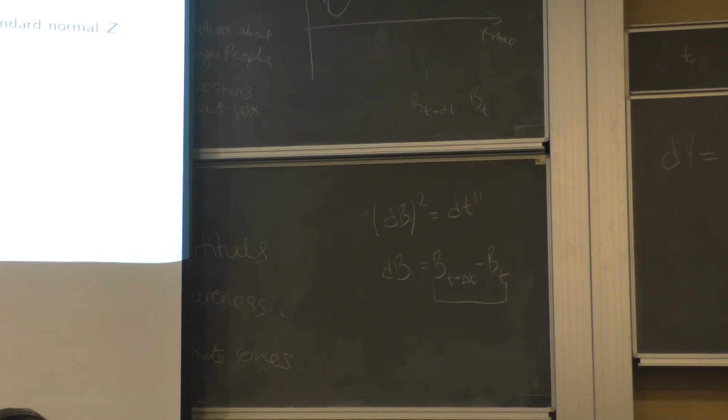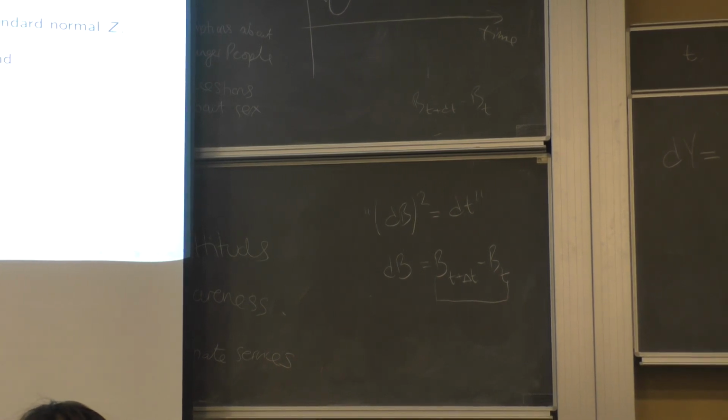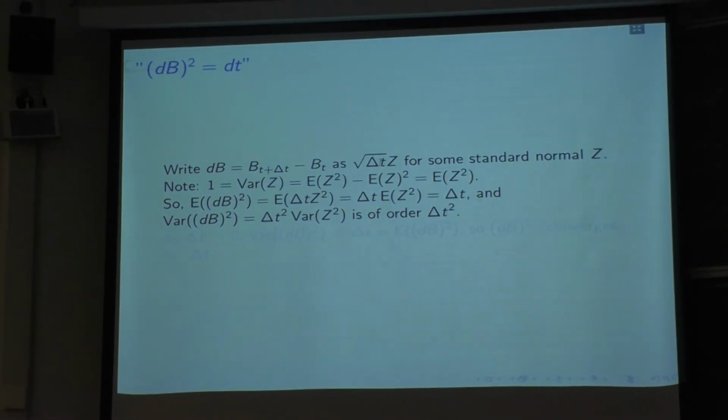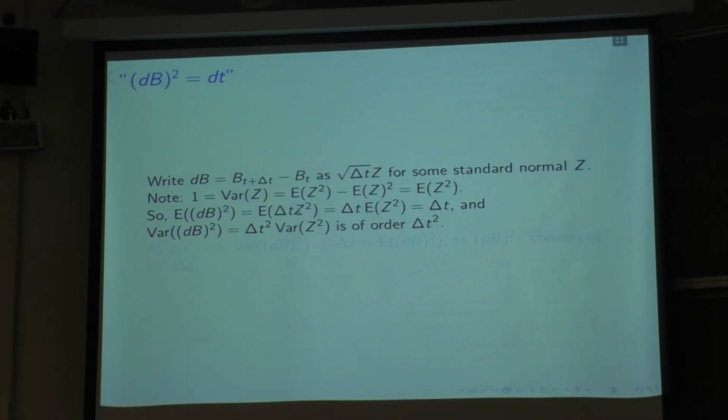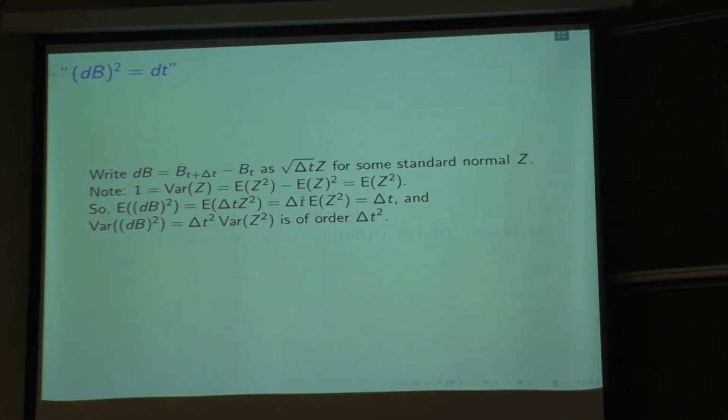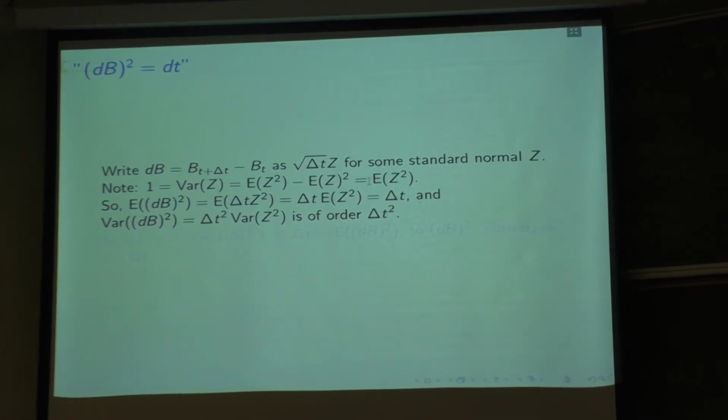Okay. Now let's see if this helps us for anything. So let's ask ourselves, here's another random variable, the square of dB, the change in Brownian motion. What's the expected value of that? Okay, so the expected value of that is, well, let's see, dB was written in this form, the square of that is here, and then I can pull out the delta t outside, I'm left with delta t times E of z squared. Z squared, I convince you, is